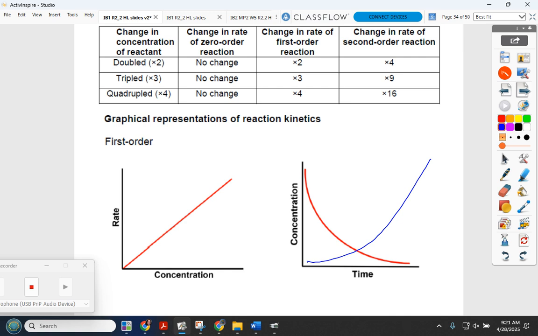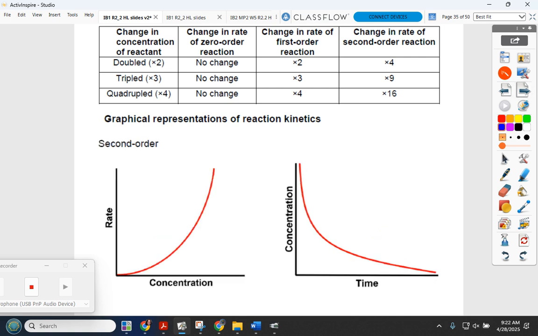So that would give us a curved line for the data that we're actually collecting, right, for concentration versus time when we're collecting data across the course of the experiment. And then if we were to plot concentration versus rate, basically plotting the slope, the derivative here, we would end up with a direct relationship, one-to-one relationship. As we double one, we double the other. If we triple one, we triple the other. Okay. A second order reaction is where if we double the concentration, we end up quadrupling the rate. And that is because we have a rate expression that,